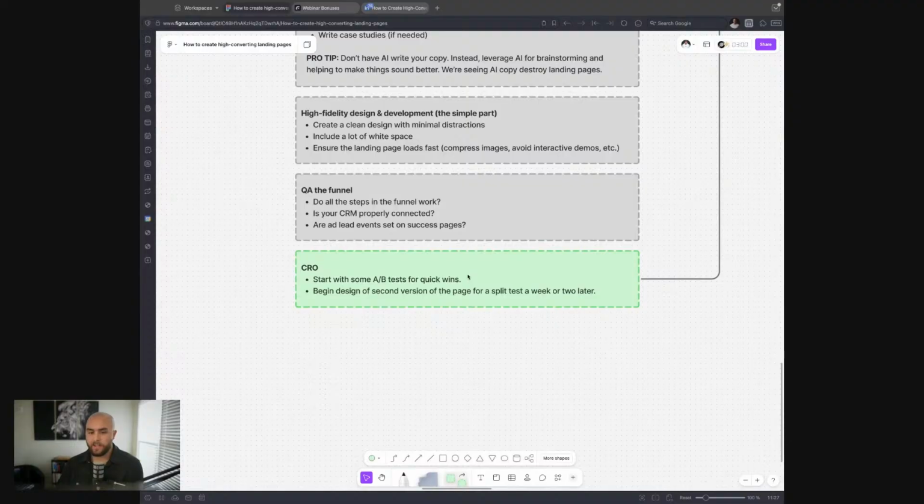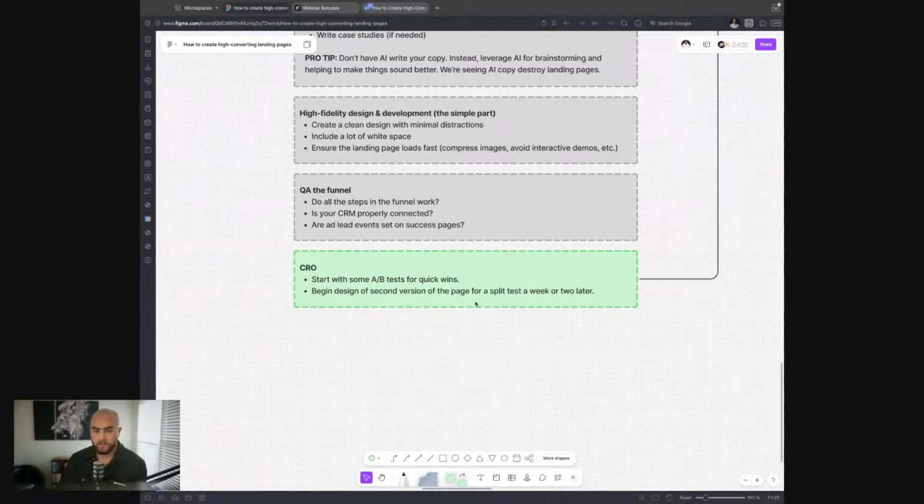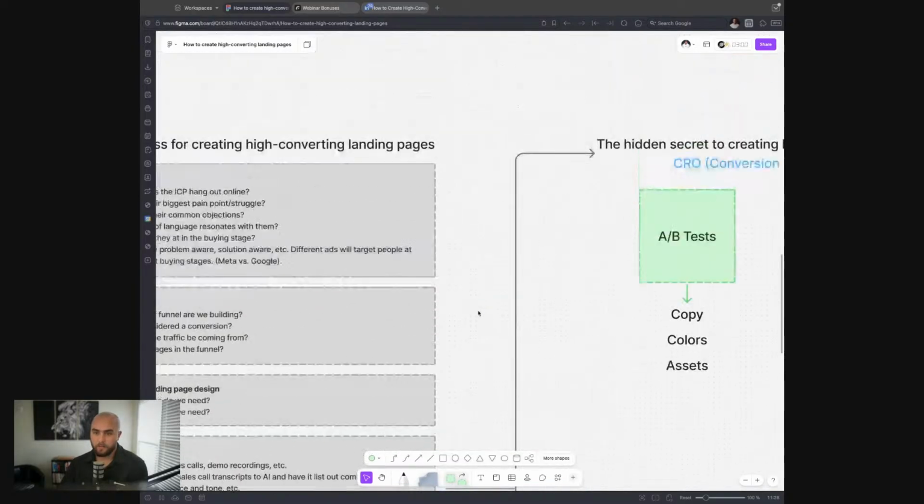And then this is where we get into where money is actually made with landing pages, and that is CRO, which just stands for conversion rate optimization. This is where we'll take the landing page we built, and we'll start testing it to help it convert better moving forward. So we'll start with some A/B tests for quick wins, so copy related A/B tests, and then we will begin designing and writing copy for a second version of the page to run as a split test a week or two later. So this is a good segue into the next section for today, and that is conversion rate optimization,